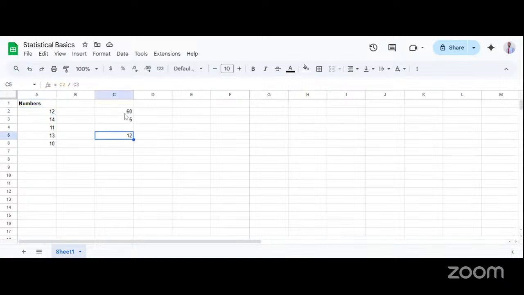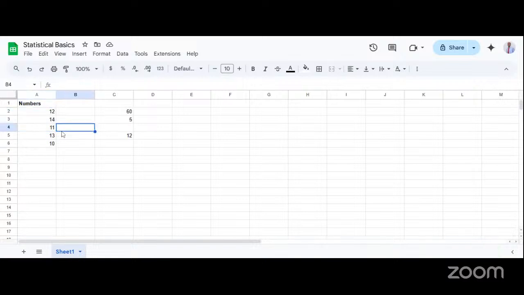If you take notes, the formulas that we wrote here still calculate. This formula calculates the sum of all the numbers together. This formula also counts the number of data points. Then this formula gives us the sum of all the numbers divided by the number of data points. If you notice, it's still giving us 12. So irrespective of how we arrange these numbers, as long as it's still the same numbers, the mean would always be 12. This tells us that 12 is a measure of central tendency for this particular data set using the mean technique.